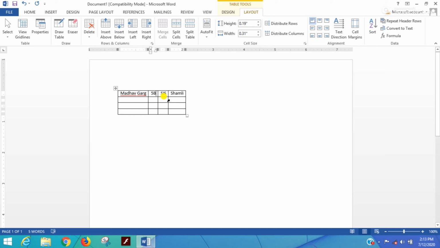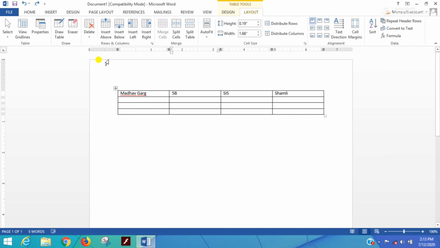Okay, dear students, now if you want to insert a column or a row in your table, how can you do it? You just have to select a row or a particular column where you want to insert the other column or row. Then you will see four options there: insert above, insert below, insert left, and insert right.